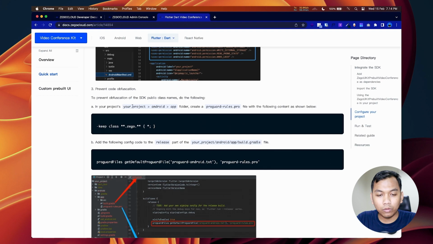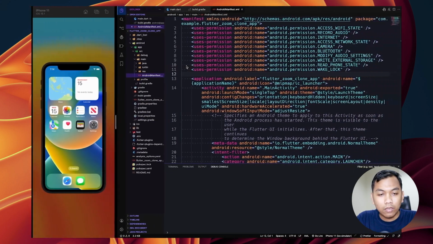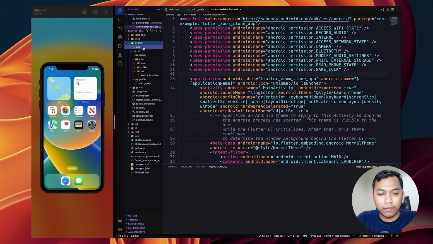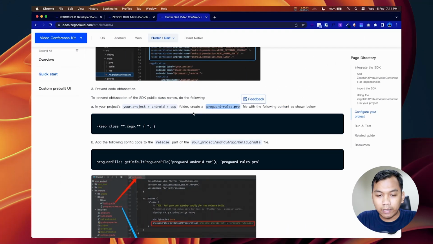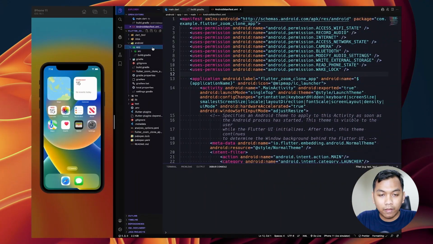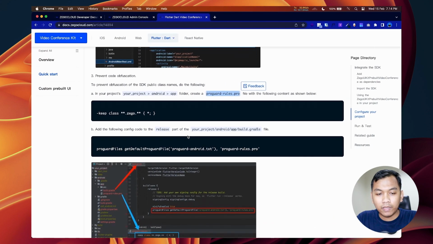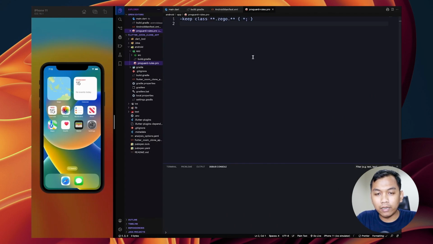So we need to go to the android app folder and create a new file, name it as proguard-rules.pro, and copy this, paste here. Alright.